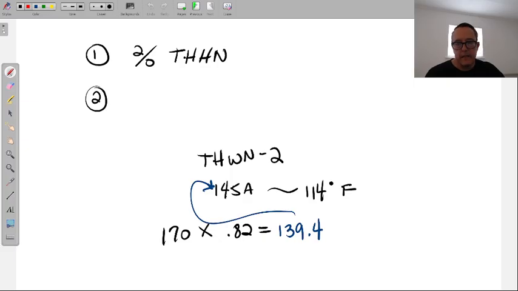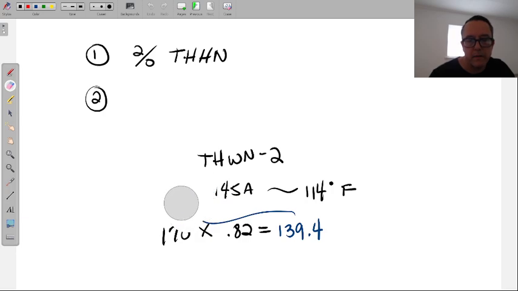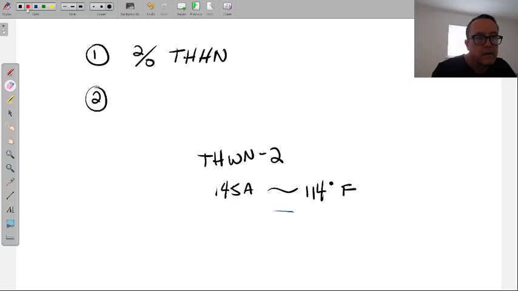But as I said, this can be a little bit difficult just because you got to multiply a lot. Not difficult, but it does take a little bit of time. There is another approach. Let me just erase this bottom part here. The approach was start with the correction factor. Go find the correction factor first for 114, which is 0.82.